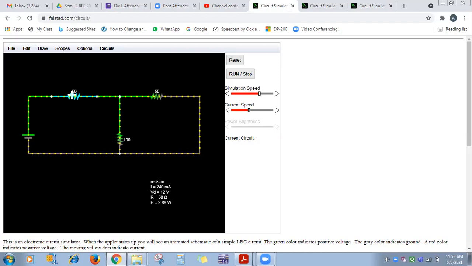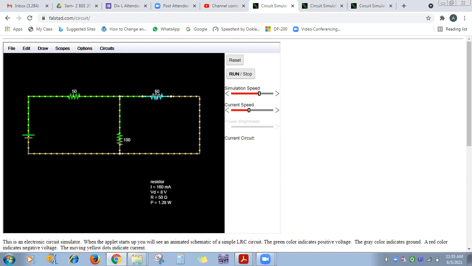I1 is 240 milliampere. What is V1, the voltage drop across R1? 12 volt. Okay, the resistance value it is displaying is 50 ohm, and the power consumed by it, it is displaying 2.88 watt. We want only V1, I1. So V1 is 12 volt, I1 is 240 milliampere. Got it? Similarly, the cursor is now on R2 because it has a different color. All of you can see.